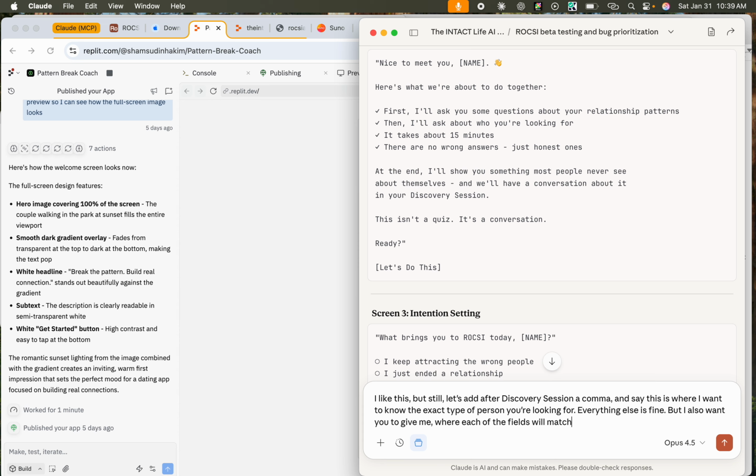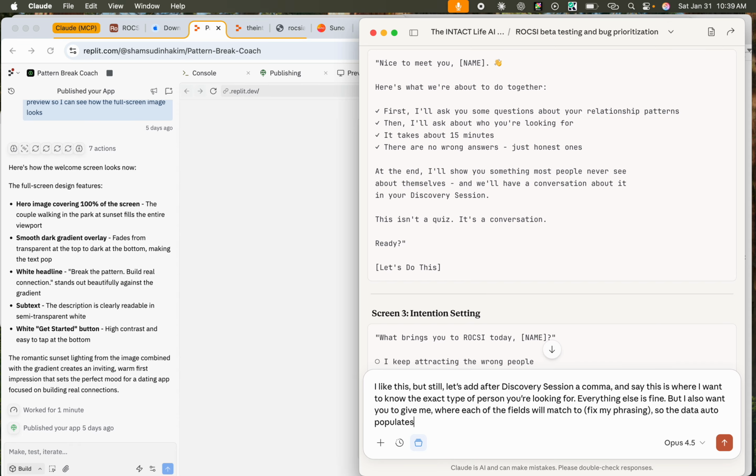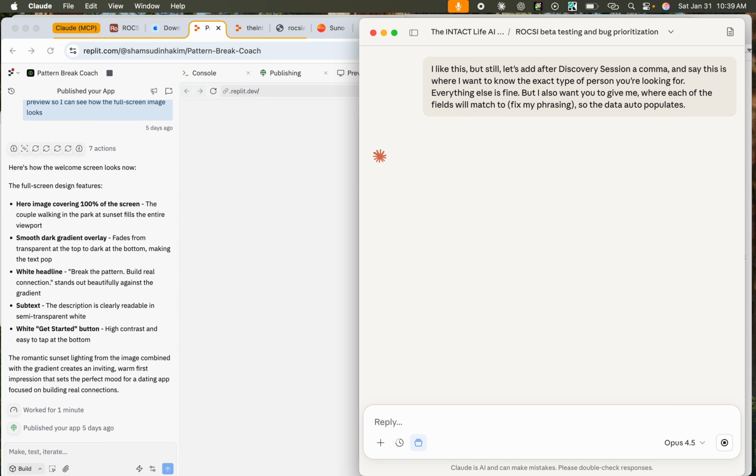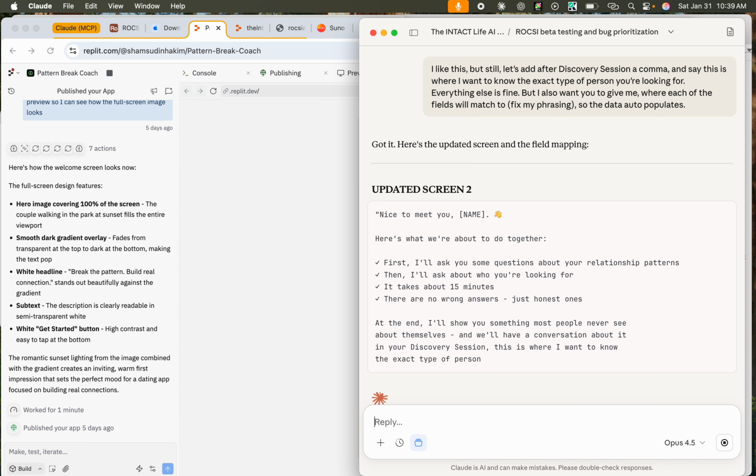I'm going to say "match to" to fix my phrasing: match to, so the data auto populates. Bam. The reason I'm saying where each of the fields matches to is because when the data auto populates, I want them to look at their profile and be able to tweak it, but I want it to already be filled with what they say.